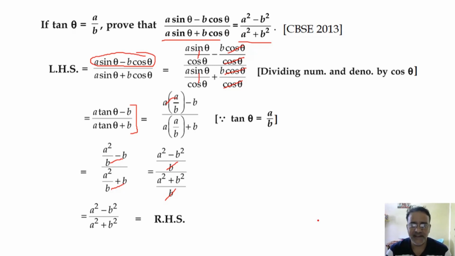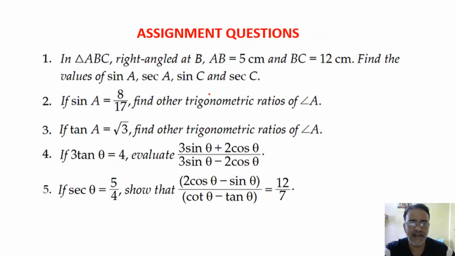Okay. So proof related question is also over. And now let us move towards the last section, that is the assignment question. In the assignment questions, these two are based on the first type, that is, if one trigonometric ratio is given, find the other trigonometric ratio. This is to find the value of expression. This is a proof related question. Okay, so please take the screenshot of this assignment question. Taken? Yes, sir. Sir, also post it in our maths WhatsApp group.